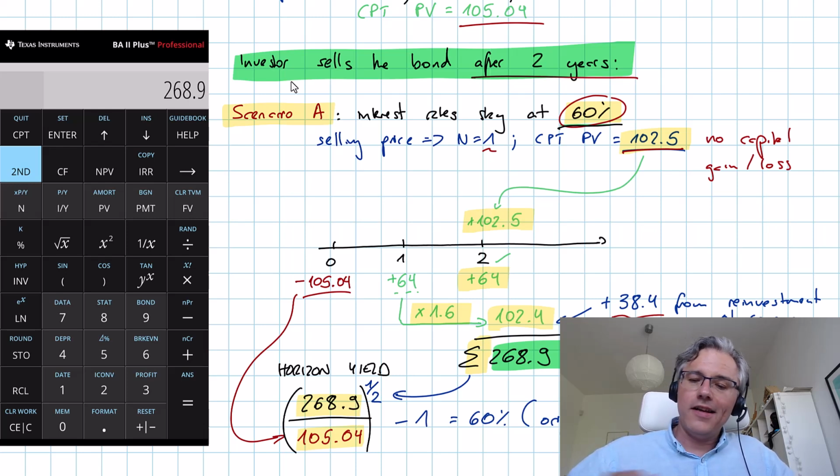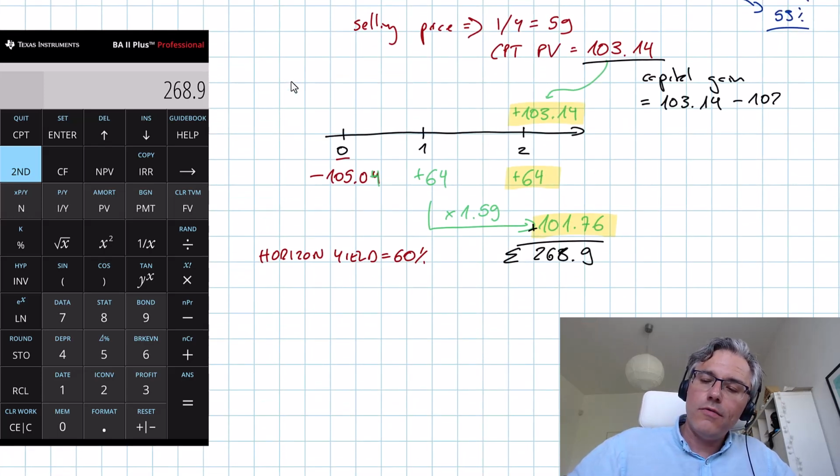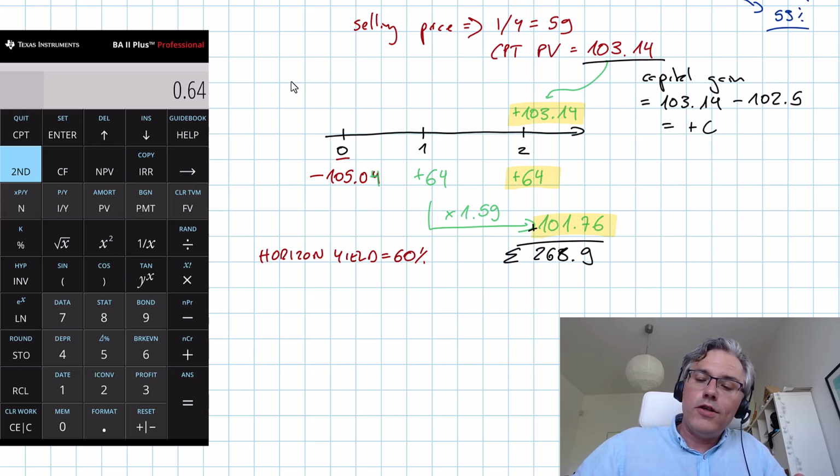And if that had been the case, we would have sold it for 102.5. So minus 102.5 gives, let's check this, 103.14 minus 102.5. Okay, well, we generated a bit of a gain over here. However,